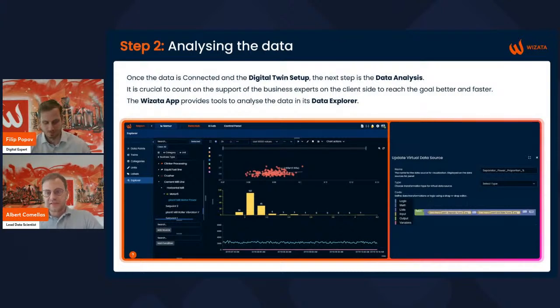So with that said, when it comes to analyzing the data, the Wizata app provides a data explorer to visually explore the data. So play with time windows, with aggregation functions, types of plots, histograms, time series, scatter plots, even fit regressions.